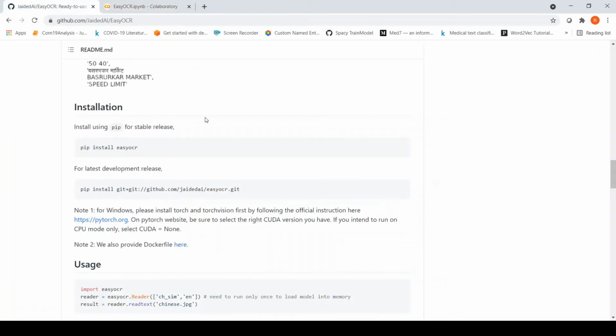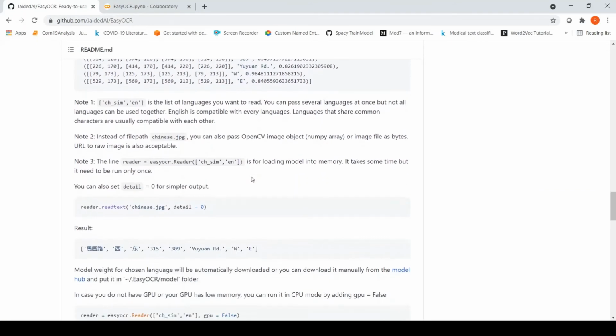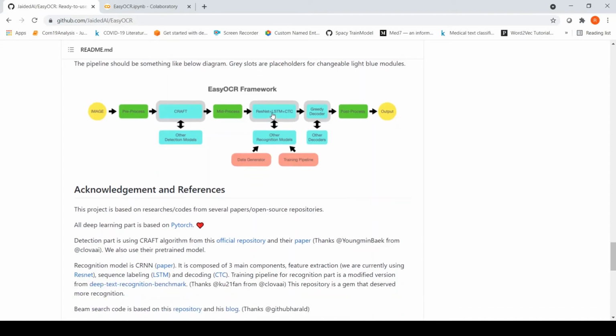Now going back to a little more detail about EasyOCR. The whole idea of EasyOCR is to have a framework whereby you can replace certain components. For example, they have used the CRAFT algorithm for text detection. If tomorrow there is a better text detection model, it should be easily pluggable in this architecture. Similarly, they have used ResNet plus LSTM plus CTC for text recognition.